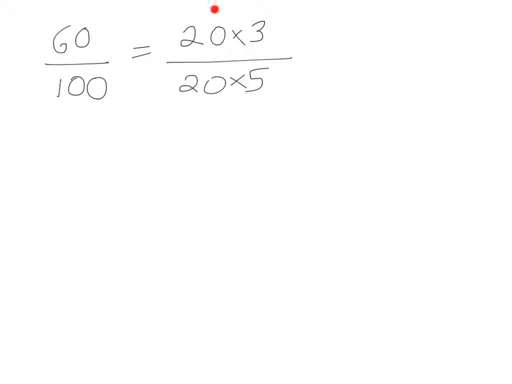We now have two things that are multiplying each other on the top, two things that are multiplying each other on the bottom. And this is really important. When things are multiplying, that is when we can simplify. Okay, so the 20 here and the 20 here can be simplified, which will leave us our final answer as 3/5. I'd be expecting you to be able to go straight from this line to this line here. If we're to go for one more example, let's go